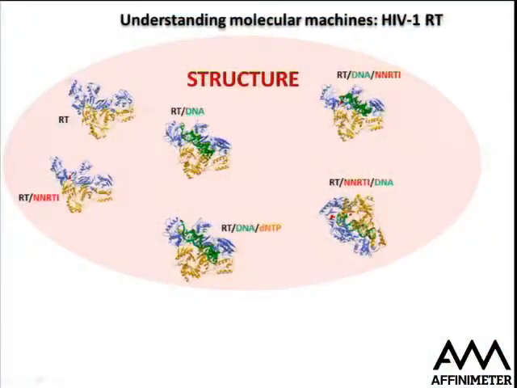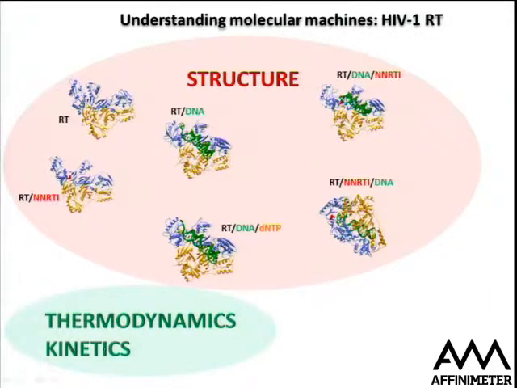So all these structures of RT bound to different inhibitors were known. There were many crystal structures that were solved. So the structural knowledge of the system was very good. But there was a clear lack of thermodynamic and kinetic data that were collected through kinetic ITC and incremental ITC to make a link between the structure and the thermodynamics and the kinetics. And it's only by collecting and gathering this structural and thermodynamic and kinetic data that you can clearly understand how